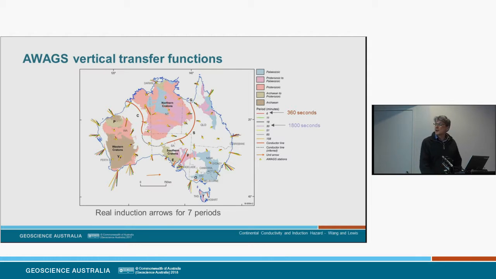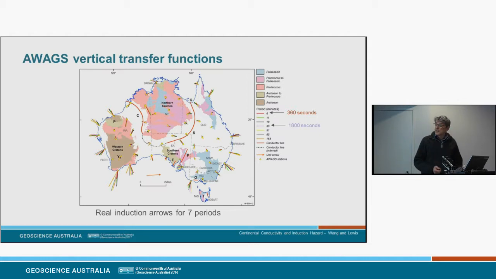I'll just point out too, this is the Liejun Magnetic Observatory here and the Canberra Observatory there. So those induction arrows are pointing essentially in opposite directions, as we could see in the data before. And for the Alice Springs Observatory, they're much shorter, because there's no really dominant conductivity contrast in that area.